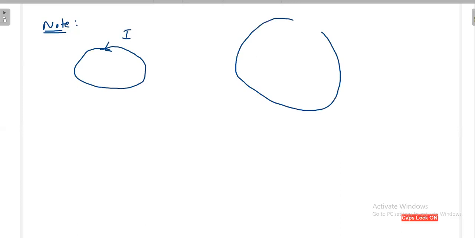Note, suppose this is a circular ring carrying the current I, and this is another circular ring carrying the current I. I am standing at the center point here, and also here. For simplicity, I is the same, but you know that magnetic field is always directly proportional to current. More the current, more the magnetic field. Magnetic field is always directly proportional to the source, the current I, but it is inversely proportional to distance.